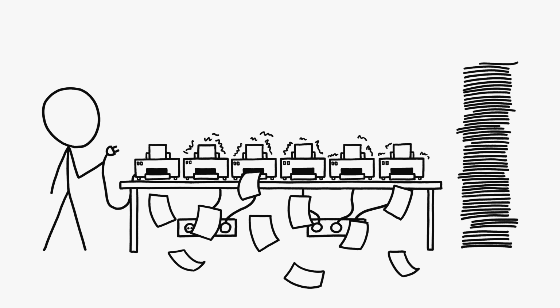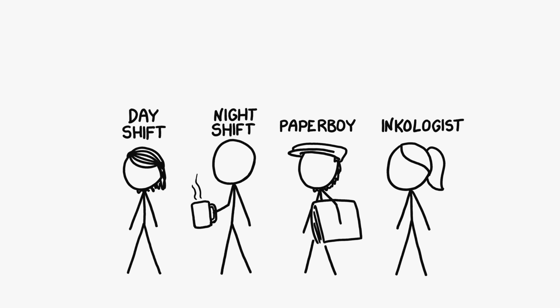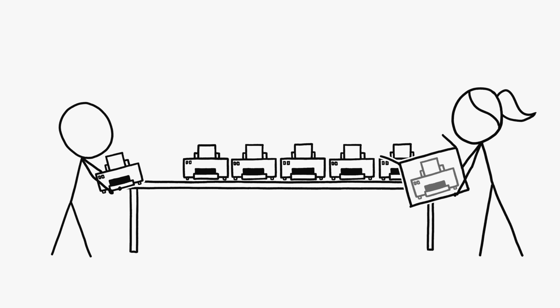The electricity to run them would be cheap, a few dollars a day. The paper would be about 1 cent per sheet, which means you'd be spending about $1,000 a day. You'd want to hire people to manage the printers 24/7, so depending on wages in your area, this could cost less than the paper, or much less if you can figure out a way to trick Wikipedia's volunteer editors into helping you. Even the printers themselves wouldn't be too expensive, despite the terrifyingly fast replacement cycle, but the ink cartridges